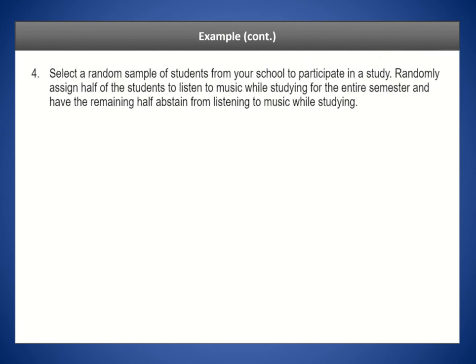And in the last case in the matrix here, we include randomization, so check on that, and we include random assignments. This is the best case scenario. Yes to both. So when we say yes to both randomization and random assignment, then not only can we make conclusions about cause and effect, we can actually apply this to the population as a whole. So this is the best case scenario. We can conclude